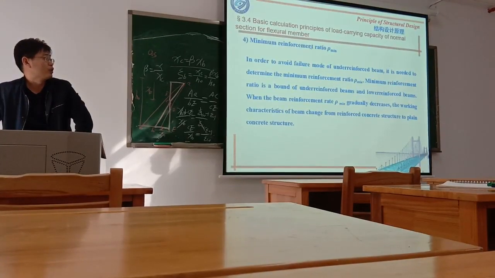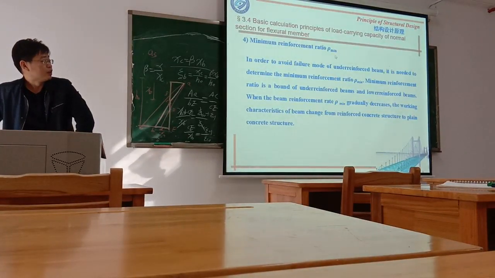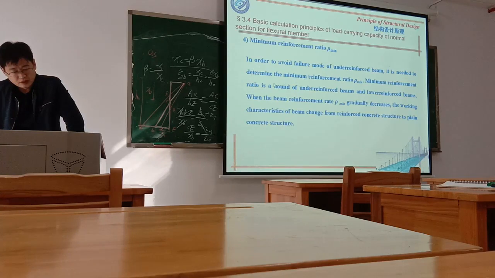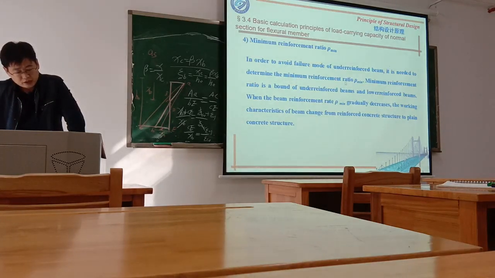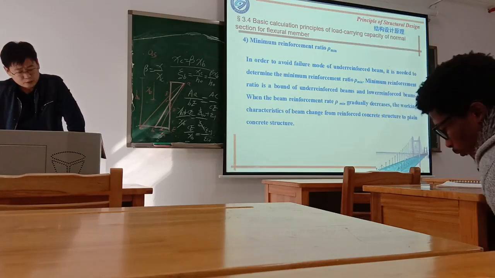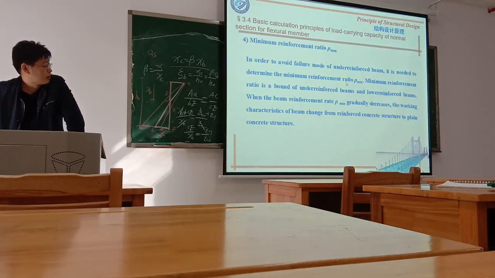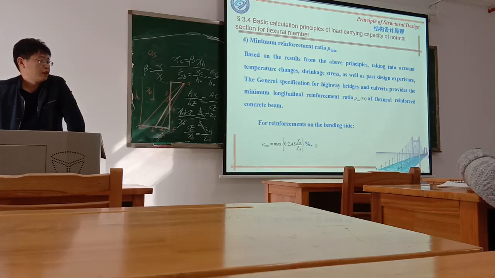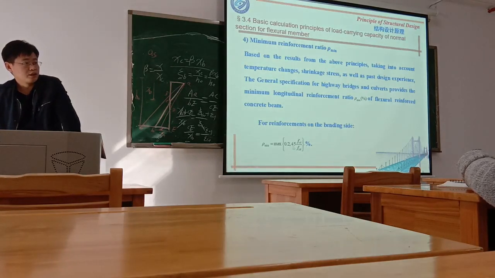And we also need to make sure your design reinforcement is larger than the minimum reinforcement ratio, so avoid the failure mode of the under-reinforced beam. You should make sure the reinforcement ratio you design is larger than this minimum. And this minimum reinforcement ratio, we get this value as the maximum of 0.2 and 45 ftd divided by fsd, and take the larger one for this value,